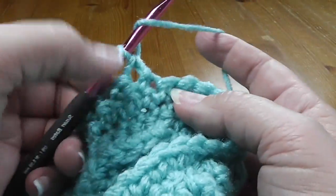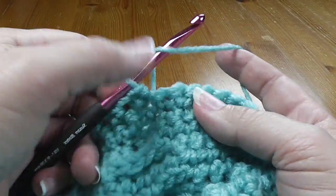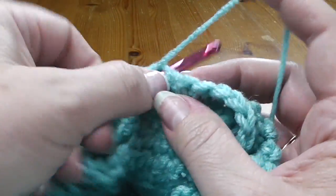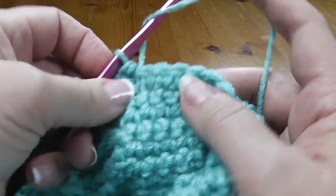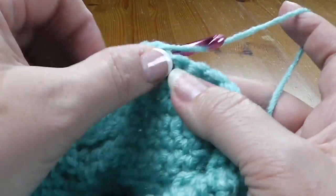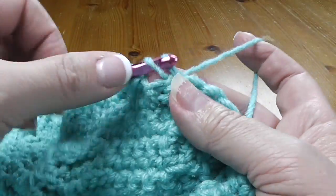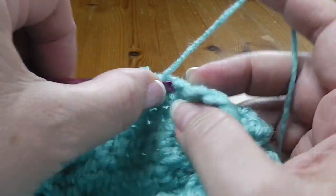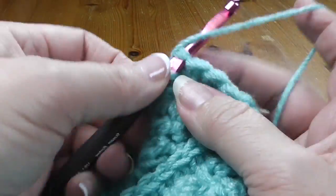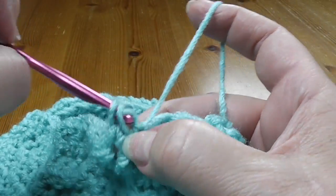And just as far as the yarn goes, I am on my 7th skein, and I do have an extra skein in reserve, so I do believe there should be enough in the yarn requirements to finish with this edging. If not, it's just a few dollars more, to quote one of my favorite movies, to get another skein. But hopefully you won't have to do that. I'm not having to do that, so hopefully this will all work out. All right, so let me go ahead and do this all the way